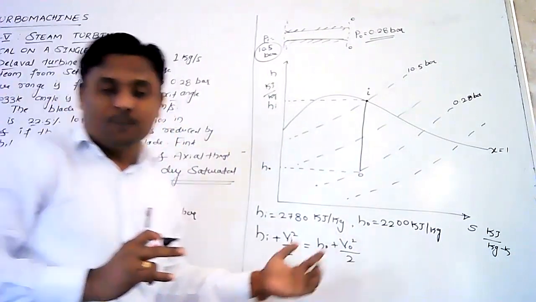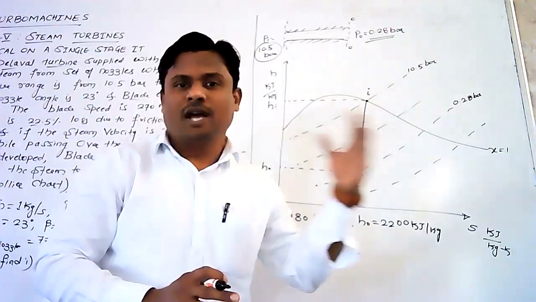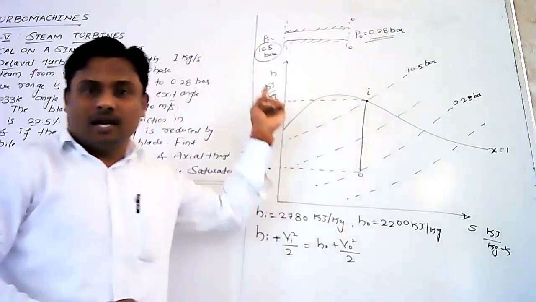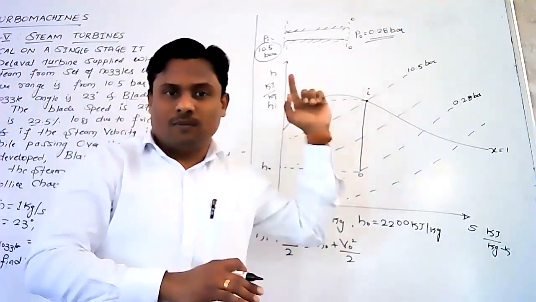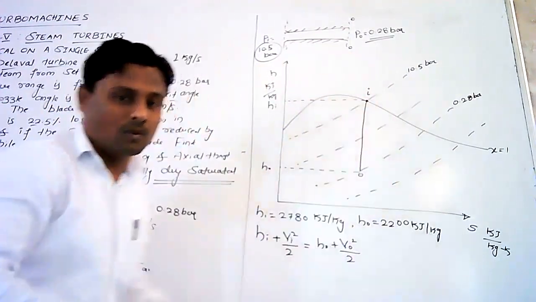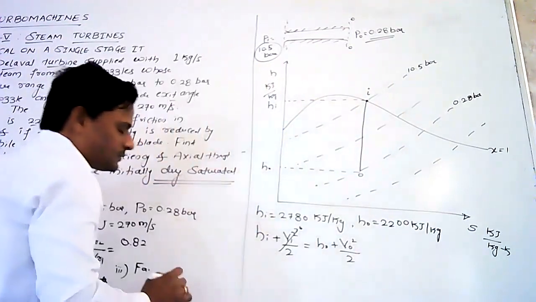But here we know that a nozzle is a device which converts the pressure energy into a high velocity jet. A little consideration shows that the inlet velocity is very much less than the outlet velocity, so the inlet velocity can be ignored. So let us ignore this inlet velocity, taking it as 0.